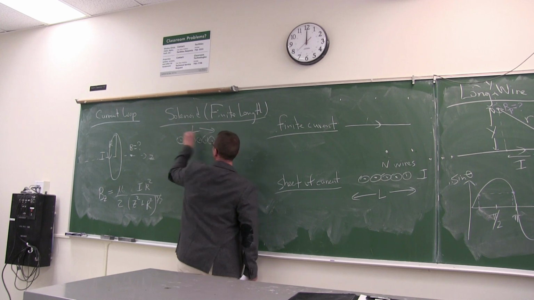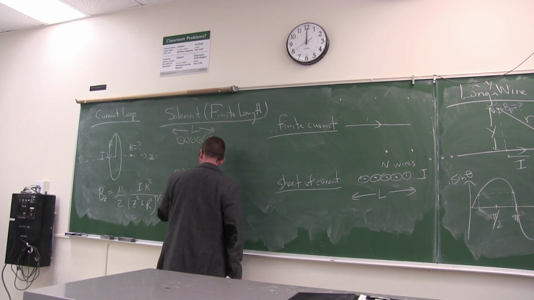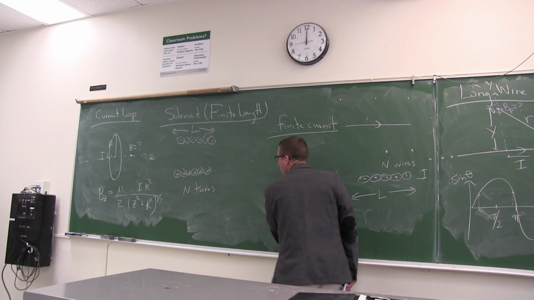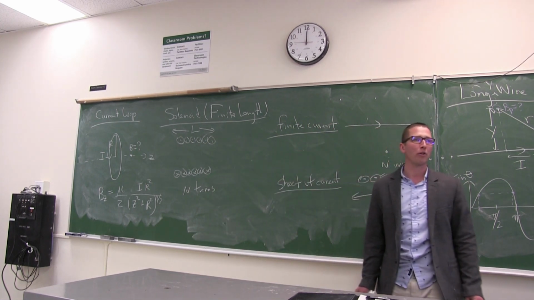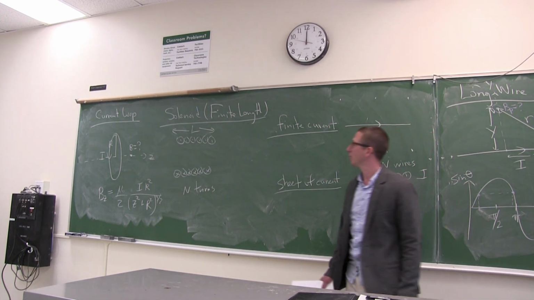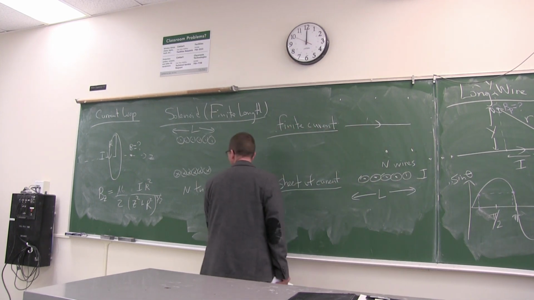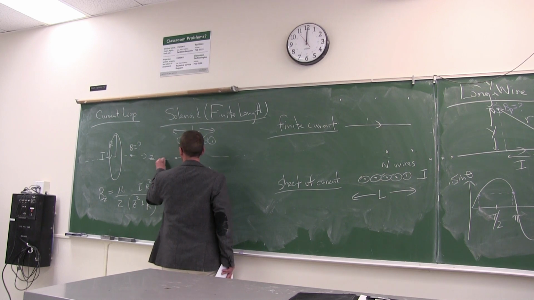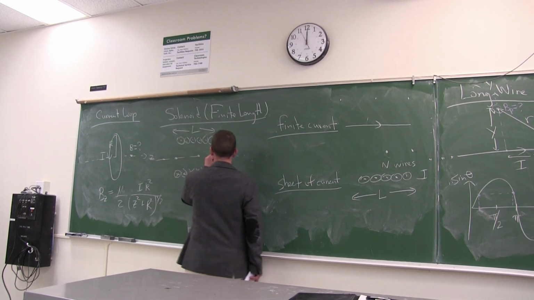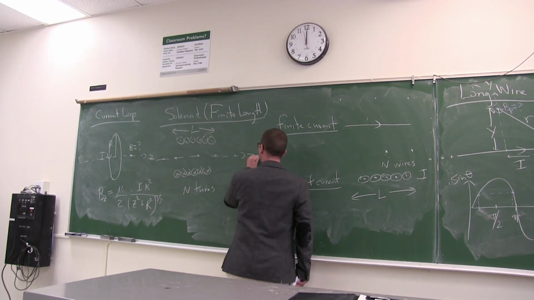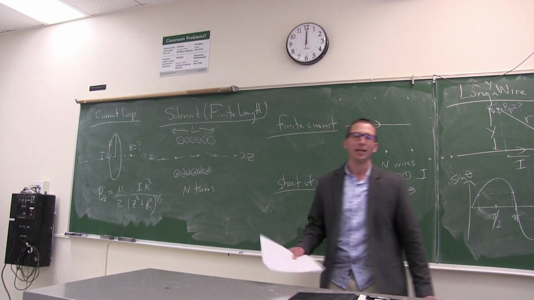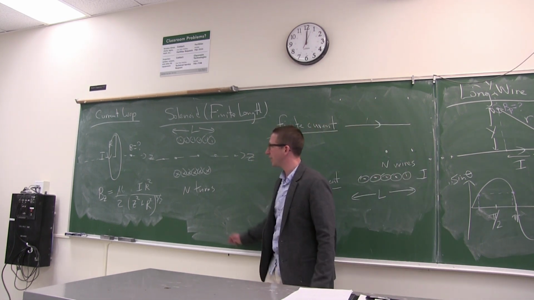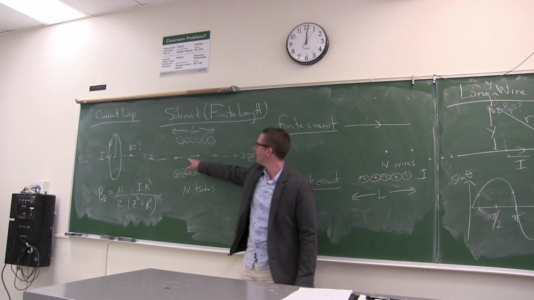It has length L, has n turns, and as soon as we know the magnetic field due to one loop, we could use the Biot-Savart Law and integration to find the magnetic field at any point along the z-axis. For a finite solenoid, the field is going to be strongest at the center and weakest at the ends,